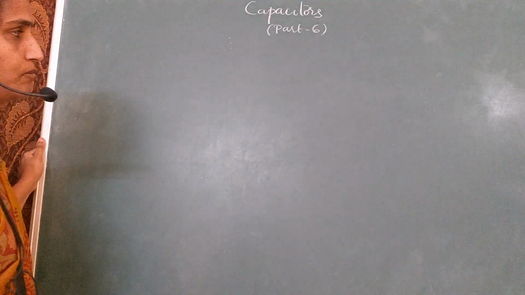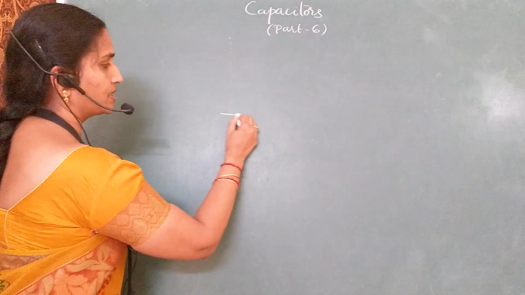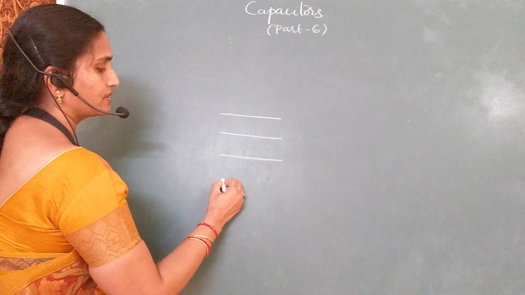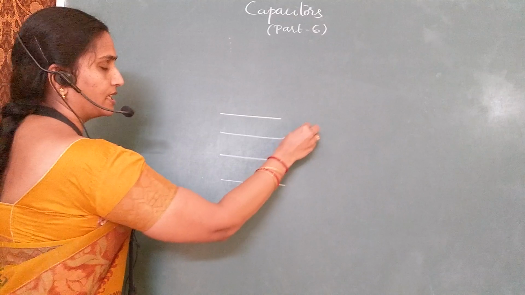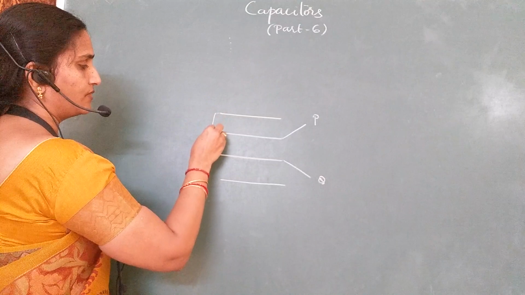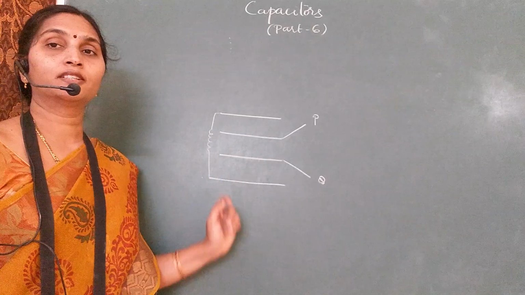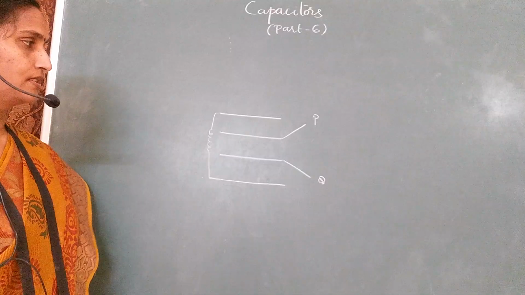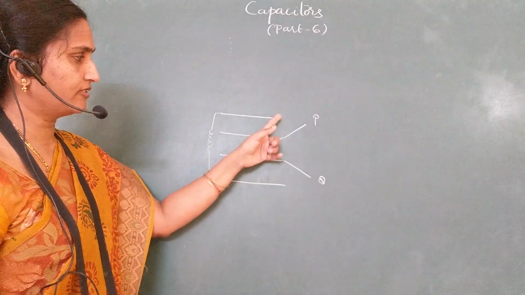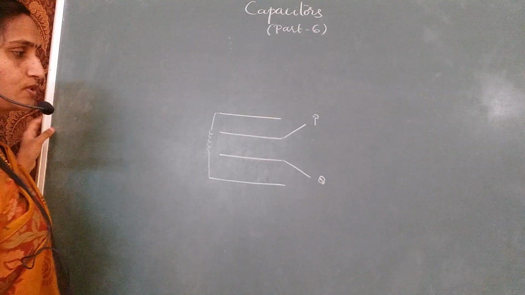It may not always be that alternate plates are connected to the positive and negative terminals. Sometimes there may be a question like this: there are 4 plates, of equal area and equidistant. This one is connected to the terminal P, this is Q, and the first and fourth plates are connected to each other. Determine the equivalent capacitance of this arrangement. Now see, alternate plates are not positive and negative. Say I take P as positive and Q as negative, but we do not know the charge on these two plates. In such a case, look at the method of solving.